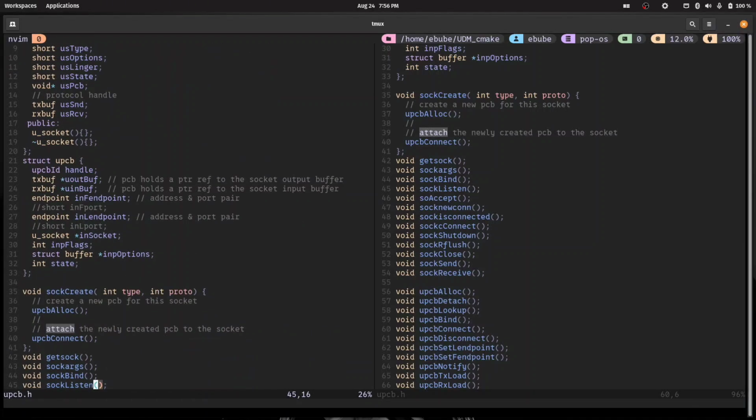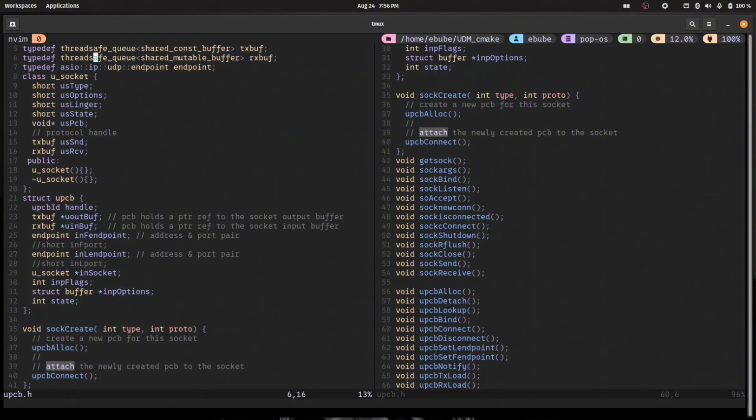And initialize its parameters. So like the type, the options, the state, the PCB that it's connected to, stuff like that. All right, so let's see. Okay,